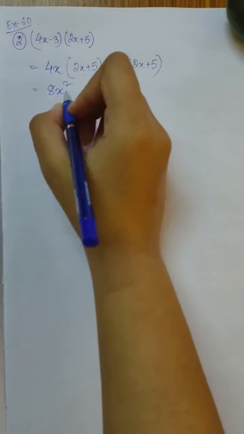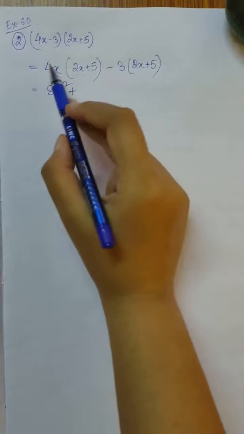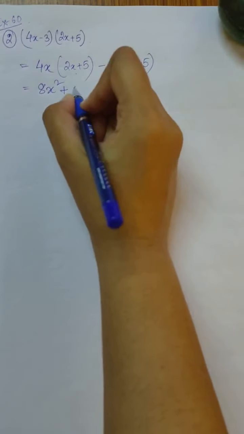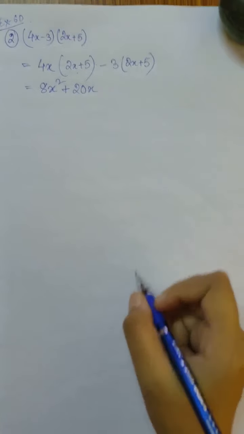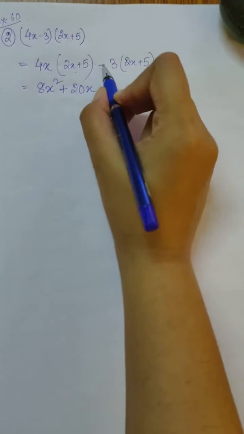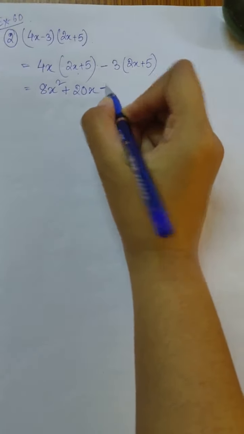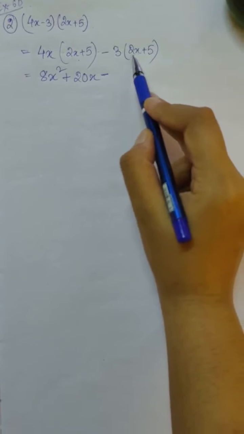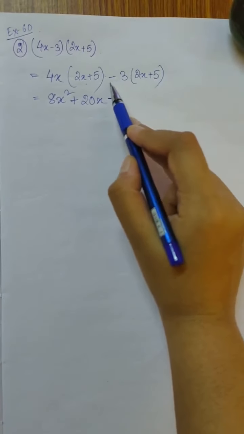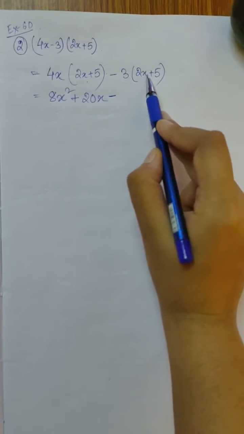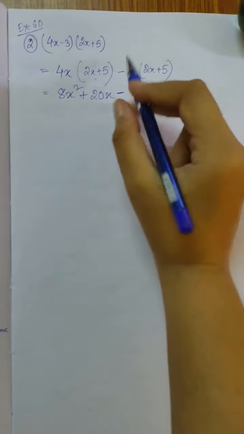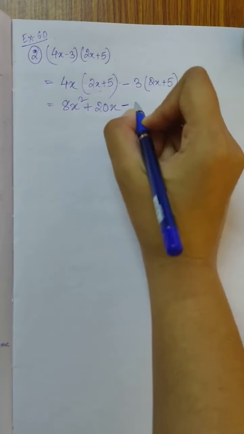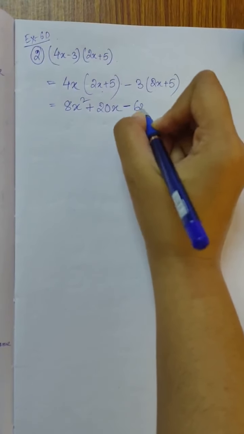Now next we have a plus sign, so I am putting a plus sign here. So 4 into 5 gives us 20, and there is only one x, so x. Then we have a minus sign here, so I am putting minus. See, this 2x was positive and 3 was negative. So this negative and positive together forms negative. Minus plus minus. Now 2 into 3 is 6 and there is only 1x.